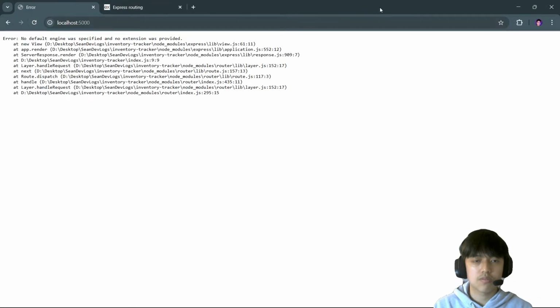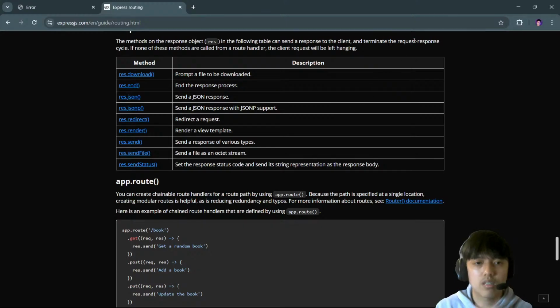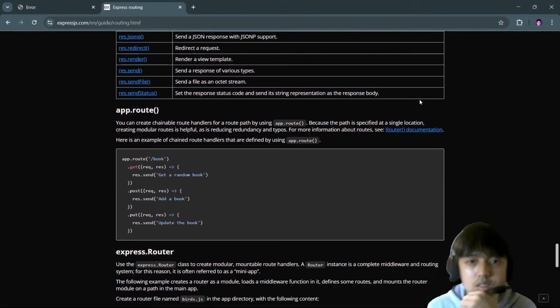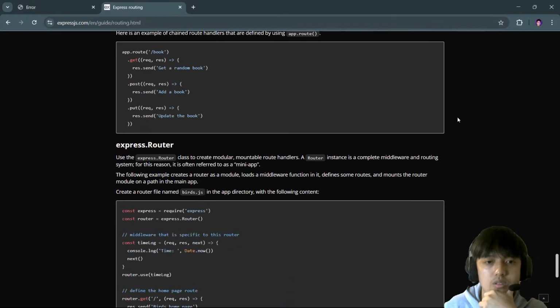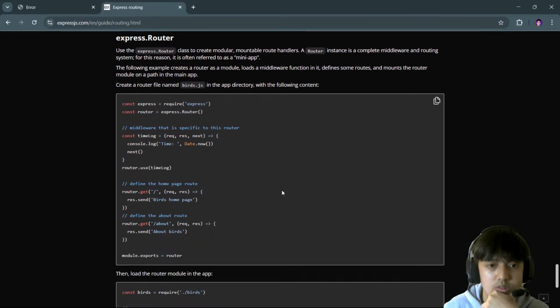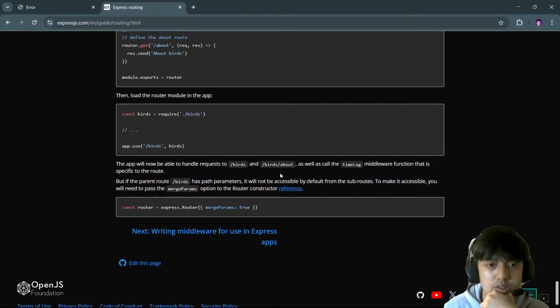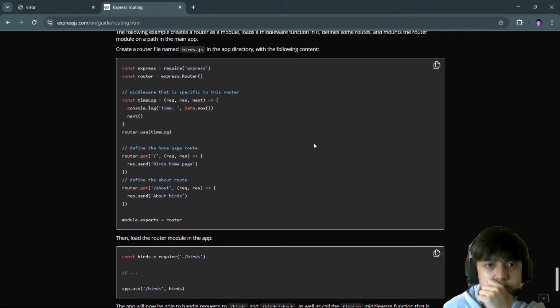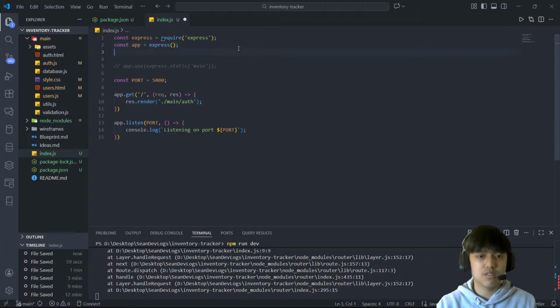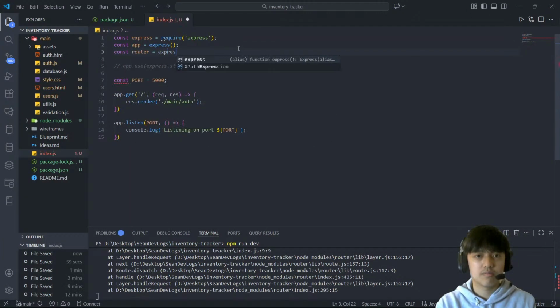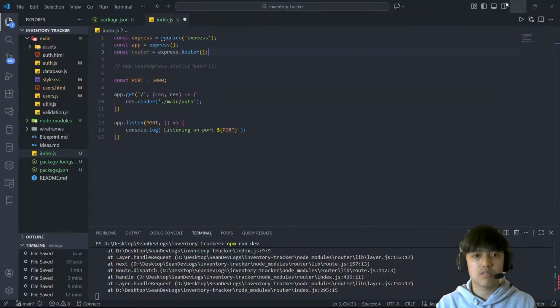No default engine was specified, no extension was provided. Okay, yes, I do need a view template. I just want to try and open that file. Oh, I need express.router. Yeah, so I need express.router,